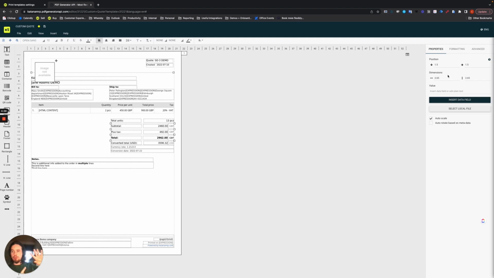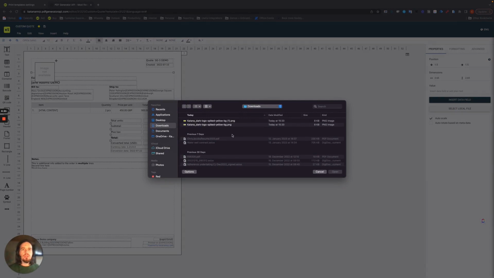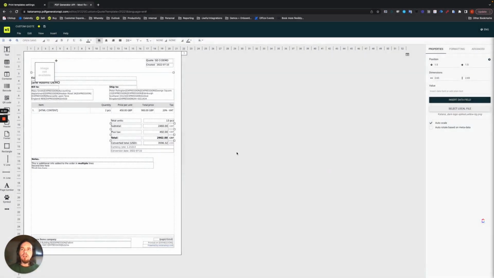So again, this is your content settings, the stuff that's specific to the item you're putting in here. Every different type of content you add into the layout section will have slightly different requirements. Of course, you can't add an image to a text box, for example. So let's go ahead and insert a local file, and we will select our Katana logo, and it's going to